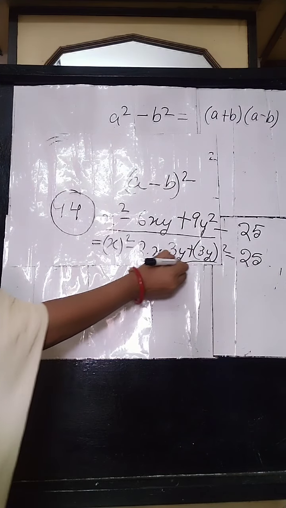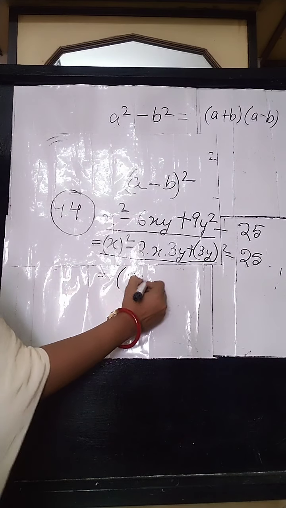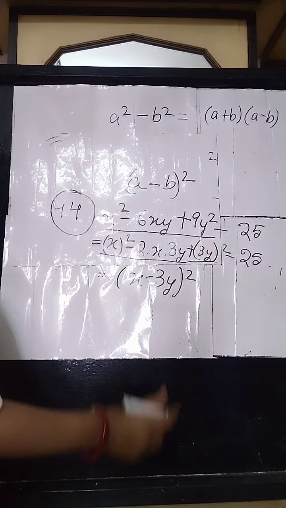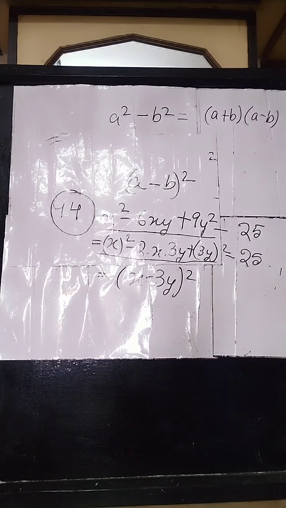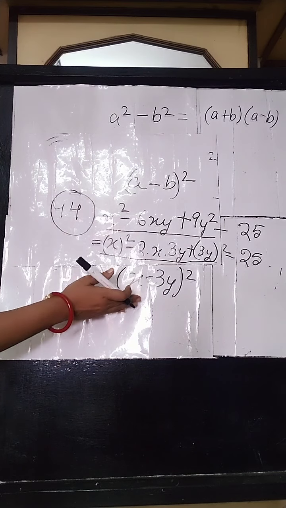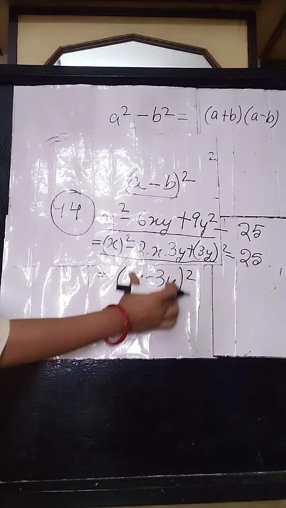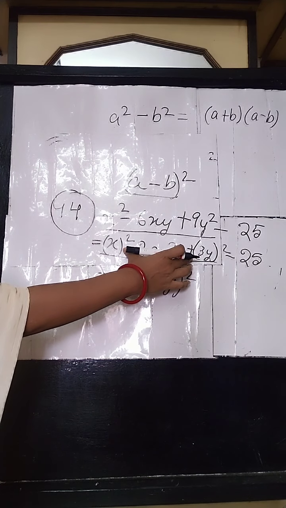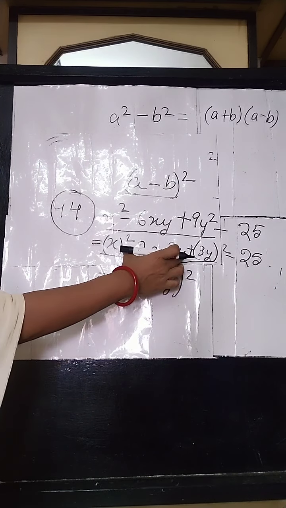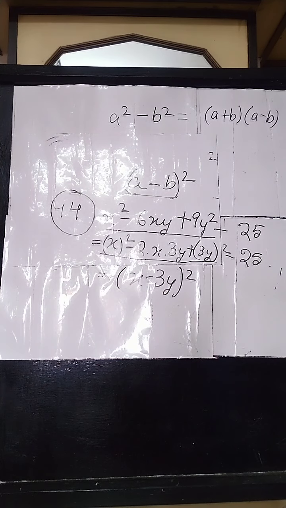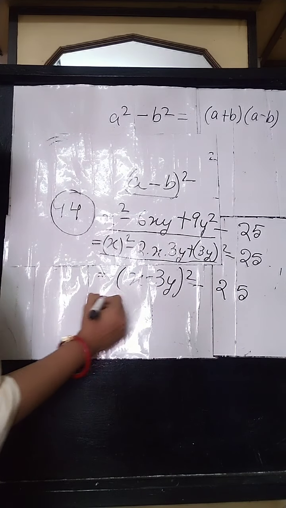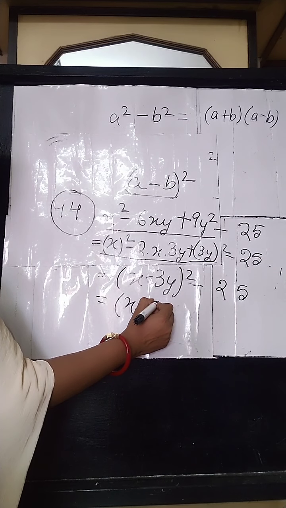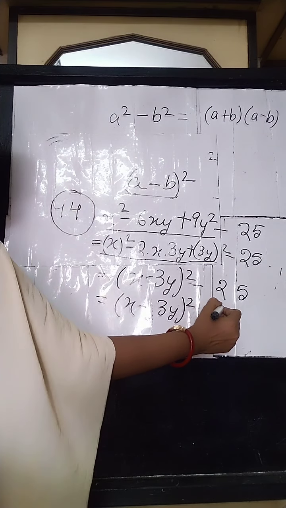So we can easily see, here we can apply the formula of x minus 3y whole square. Why? Because we can easily relate this line with the formula of a minus b whole square is equal to a square minus 2ab plus b square. So we have shortened this line. From this line we will obtain x minus 3y whole square, and the other part, minus 25, will be written as it is. Now 25 is the square of 5. So we will write 5 whole square.